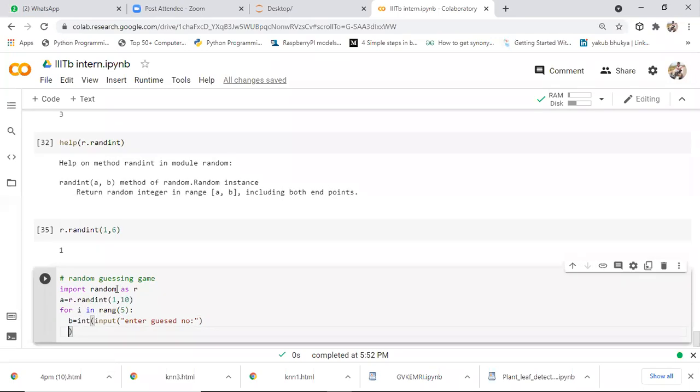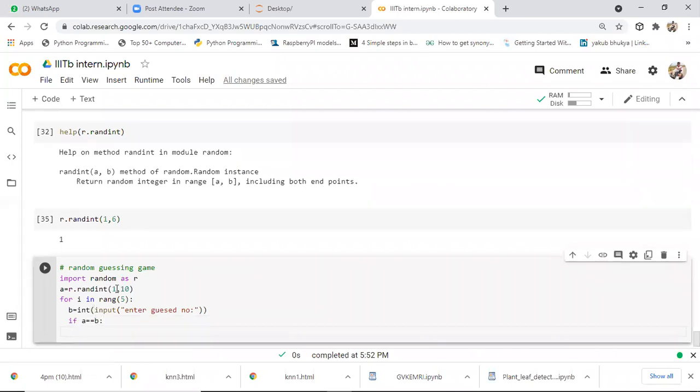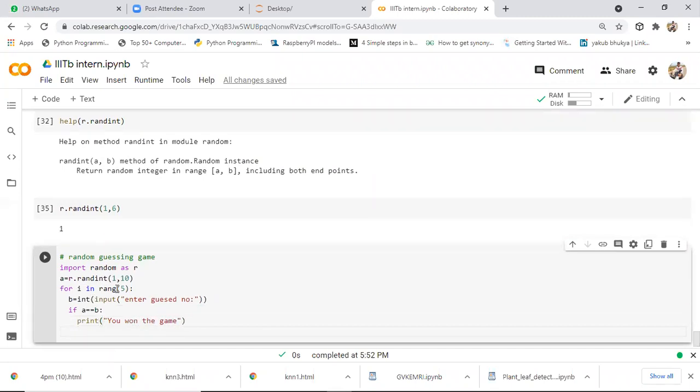If whatever number you are guessing is equal to a, if this condition is satisfied, we need to print output like: you won the game. After that, elif